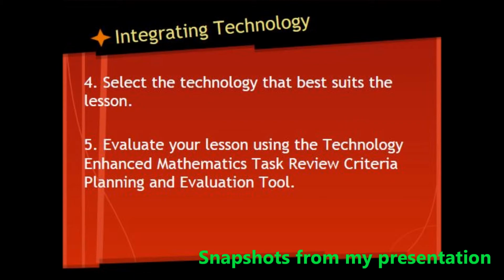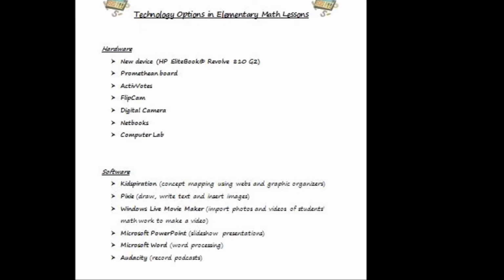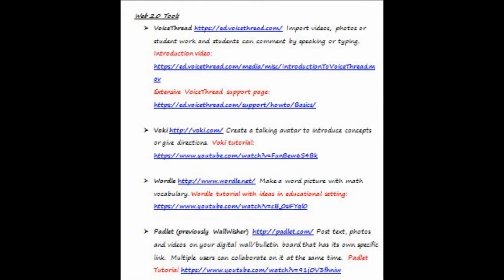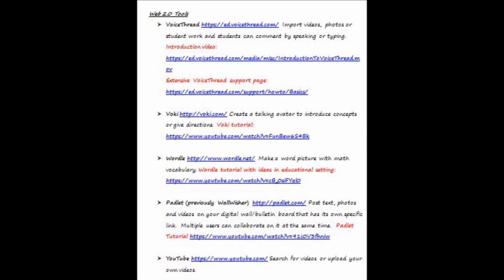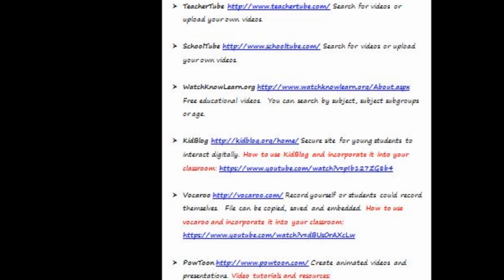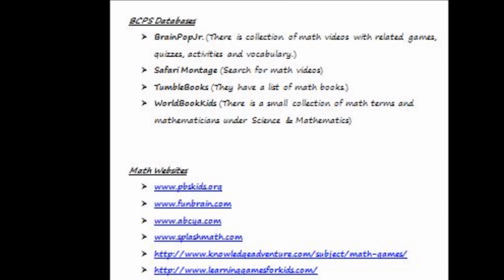I also created this document for teachers that lists a variety of technology they could integrate into their math lessons. Examples include digital cameras, Pixie, Audacity, Kidspiration, Voki, Wordle, Padlet, SchoolTube, KidLog, databases like BrainPop Jr., and various